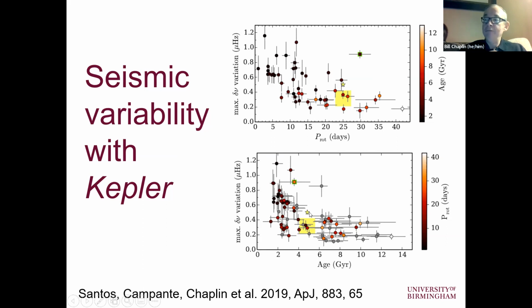And also from the seismic data, something I didn't mention at the outset, seismology gives us the ability to measure extremely precisely the ages of these stars. So from that as well, we can get a picture of the seismic variability, the activity of these stars dropping off with age, which is what we expect. I'm going to come back to these plots in a few slides' time because they actually tell us something else very interesting about the actual nature of activity on these stars, and I'll come back to that.